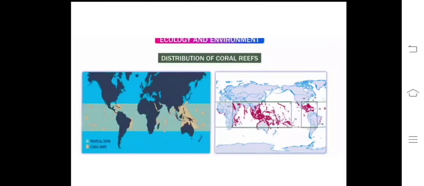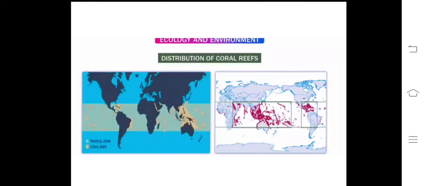day by day decrease. So you can see here the tropical zone, and we have seen the tropical zone is the most favorable area for the growth of coral reefs, first one. And coral reefs are the tropical grassland of the marine system, of the ocean system, and it actually supports more than what the Brazilian tropical grassland supports. And that's why in 2017 or 18 one question was asked related to coral